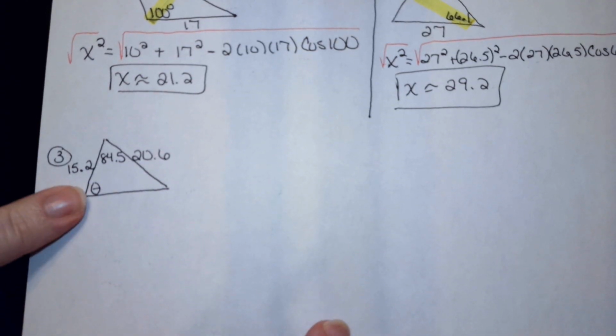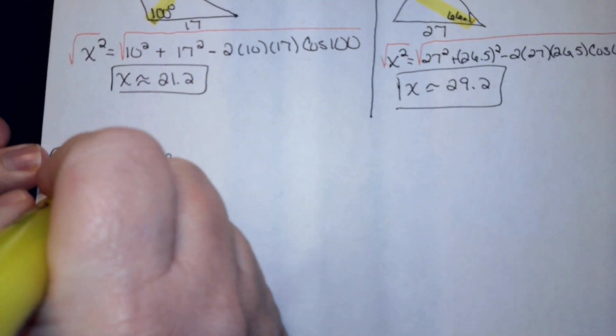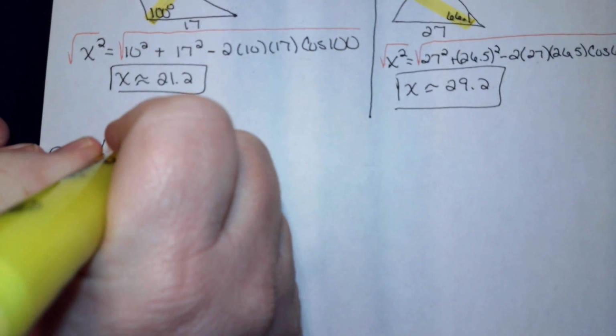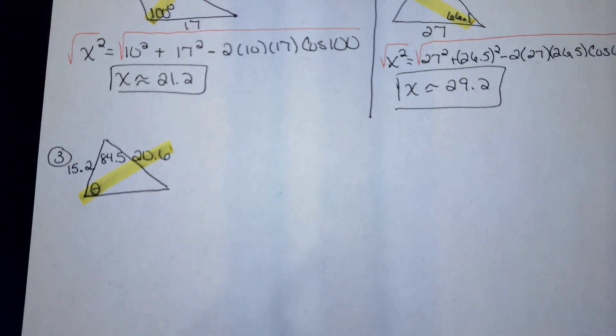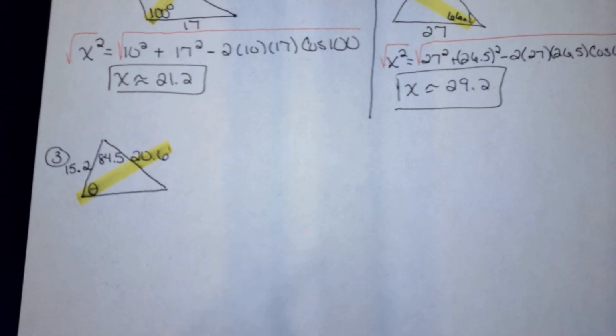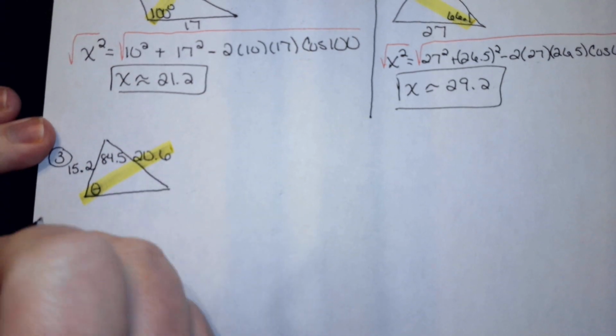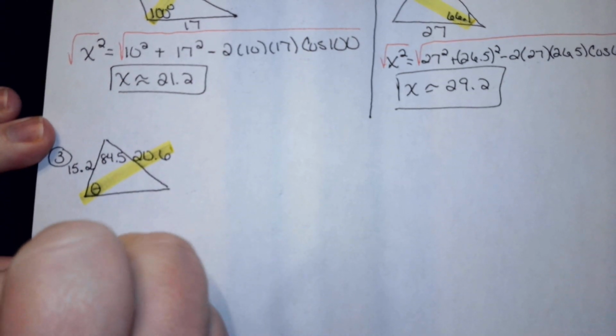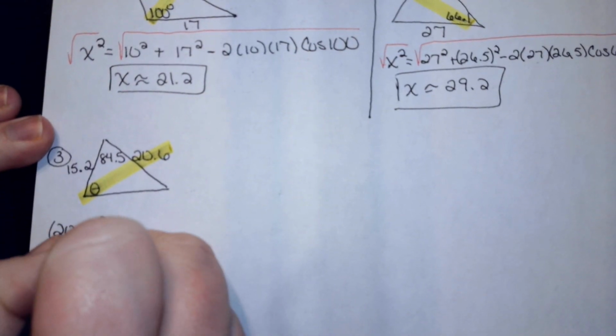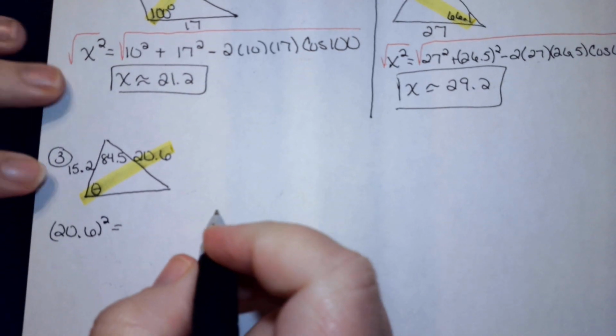Alright, so here's the angle I'm trying to find. So I've got my angle and I've got my opposite side. Alright, so let's set this up. Alright, so we've got the opposite side of 20.6 squared is equal to the other two sides,